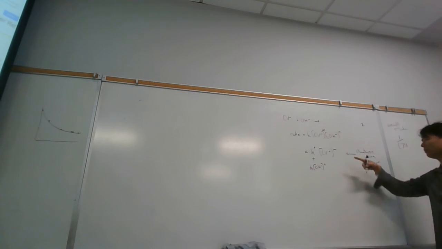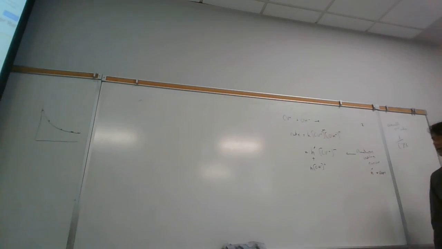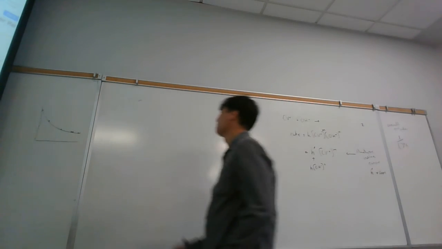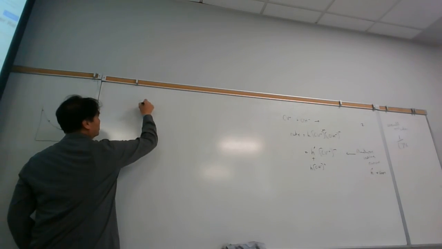And we're going to get K from the slope. K is related to the slope. So we'll be able to figure out what K is. But this is not K, this is K prime. So we'll be able to figure out what K prime is. Now, in order to figure out hydroxide